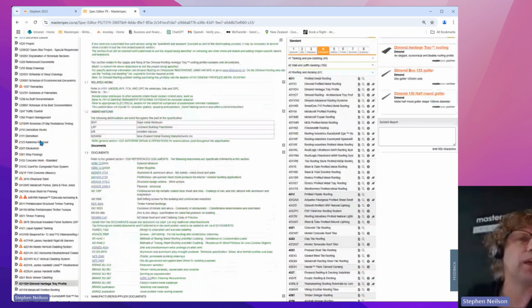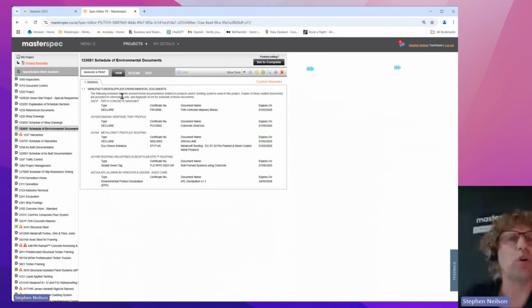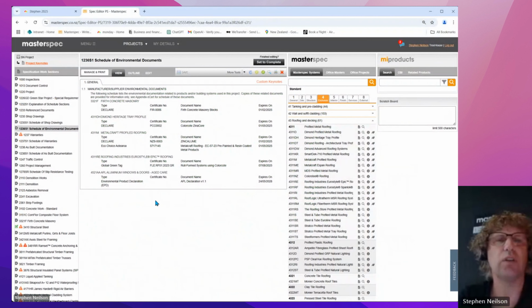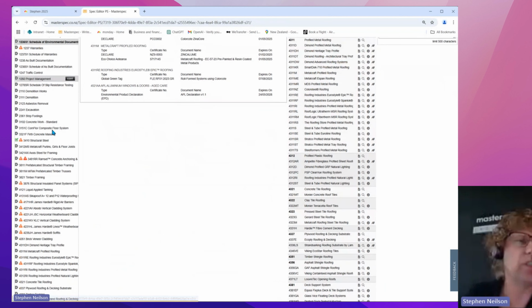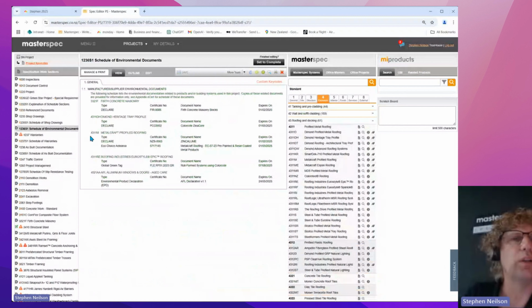You'll also get up here, it's going to generate your schedule for you. Up here under your 1236 S1 is your schedule of environmental documents. So this will be automatically generated as well, which now lists all the documents that you're putting in there. You can see the reminders in here that we just added in. So from this, you'll get a schedule. As soon as you add an eCert document, it will automatically generate the schedule for you. And in the work section itself, it will actually drop in the actual